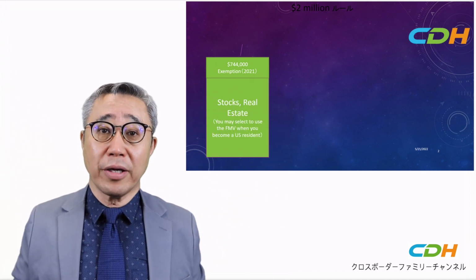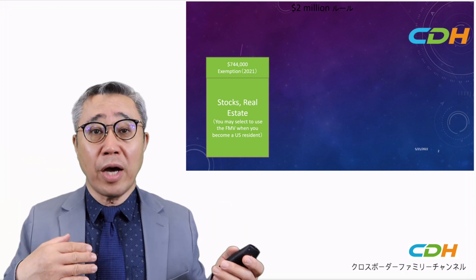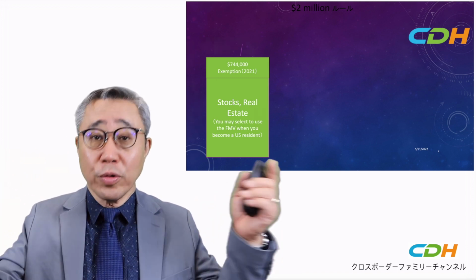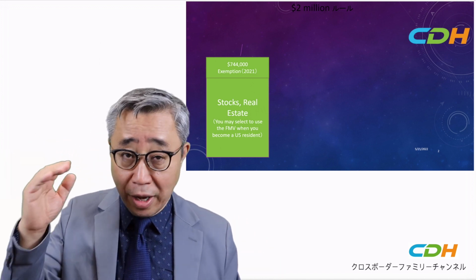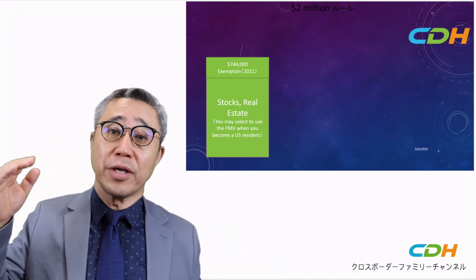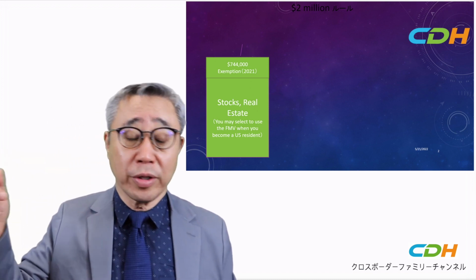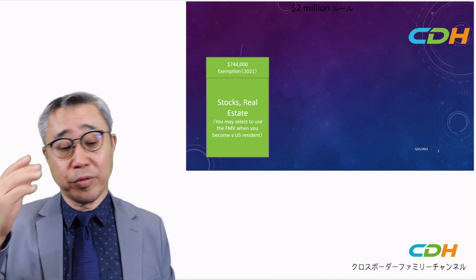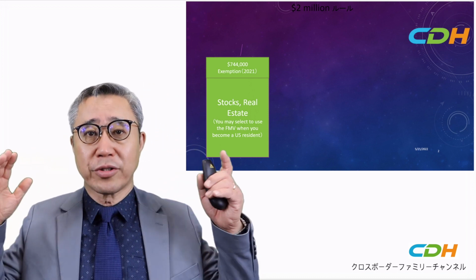So you may have unrealized gain, but the government says, okay, for your entire capital assets item, we will not tax the total gains up to $744,000. I think this is indexed to inflation, so it goes up. And I'm sure 2022 is a little higher, and maybe 2023 it's a lot higher, which is actually a good thing.